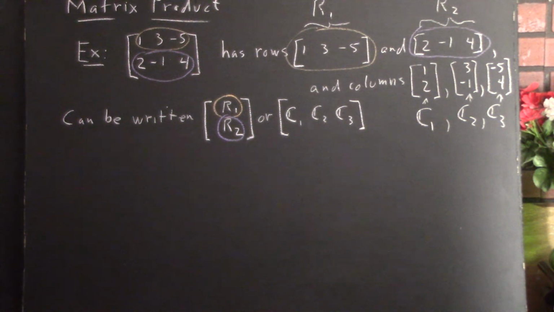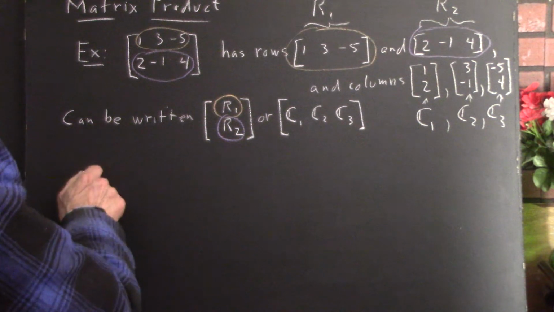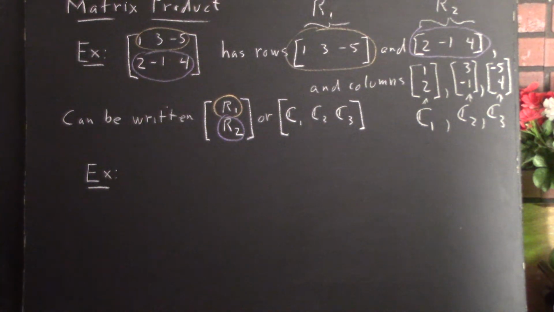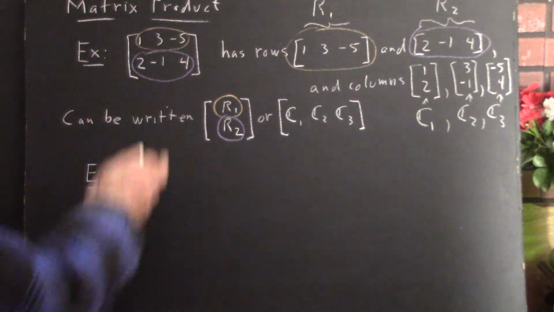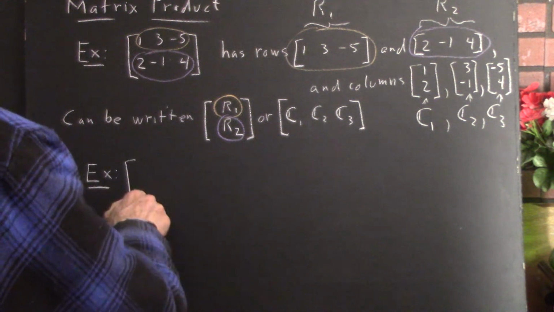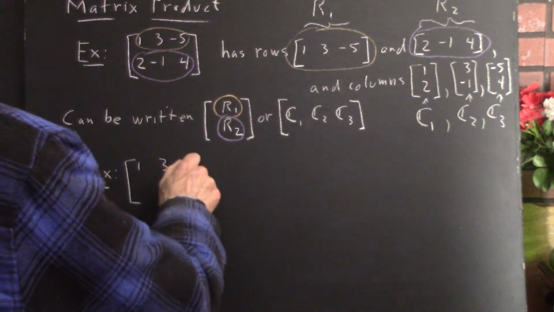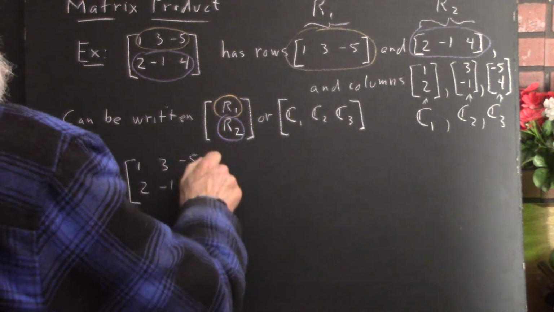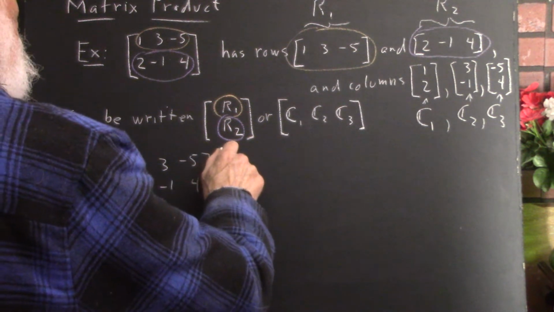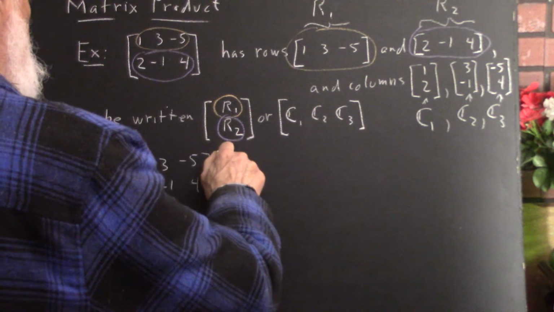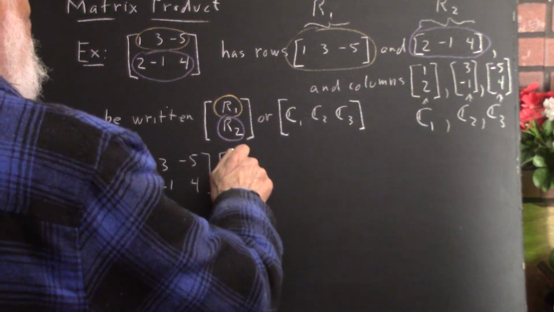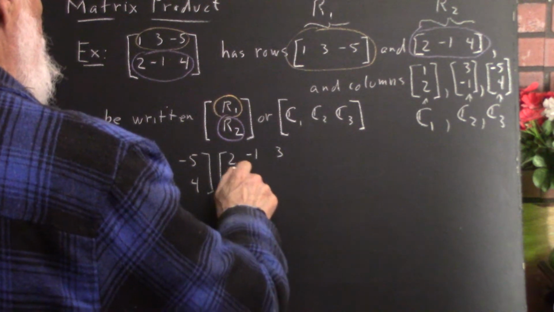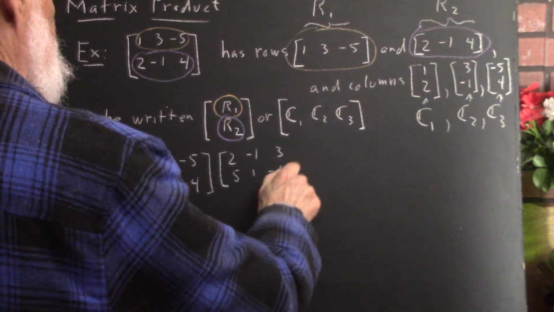Now, if I want to do a matrix product, for example, the product of this matrix, 1, 3, negative 5, 2, negative 1, 4, with, say, the matrix 2, negative 1, 3, 5, 1, negative 6,